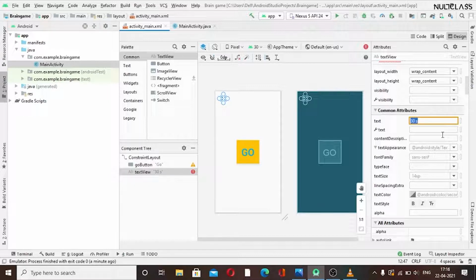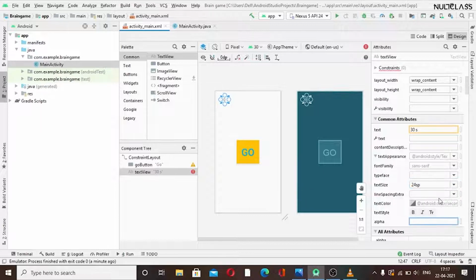I think this looks fine, and we need to increase the size here. So you can work on this. There are a lot of features here. You can work with any of them. I think 30 or 36 will be fine. I think this looks good. We can change its padding style also. So by doing that, we can change that.